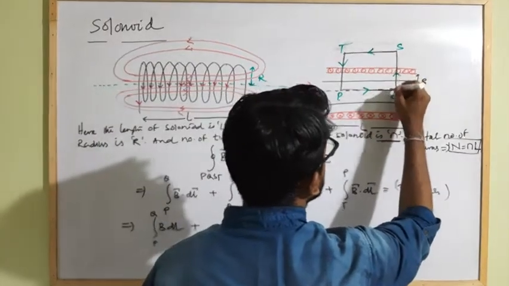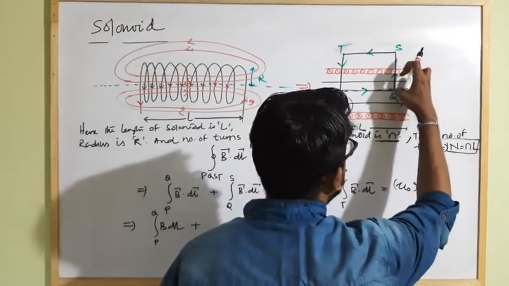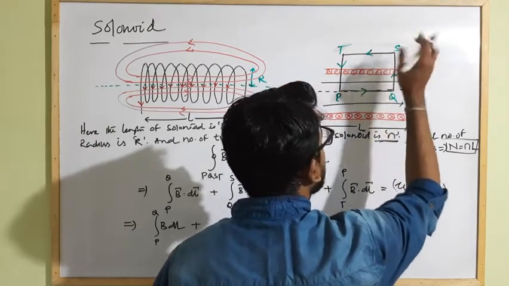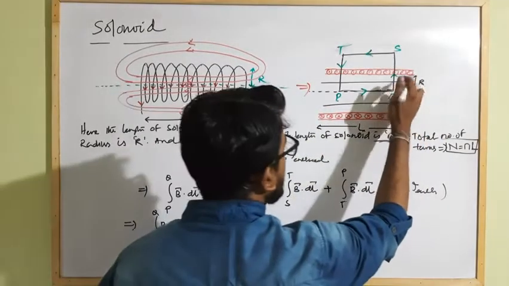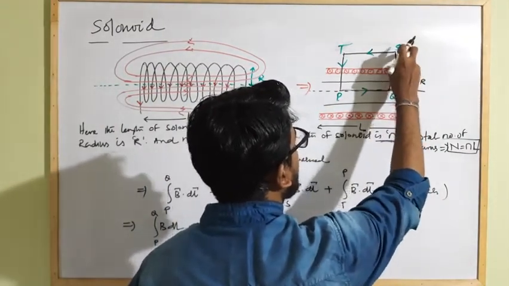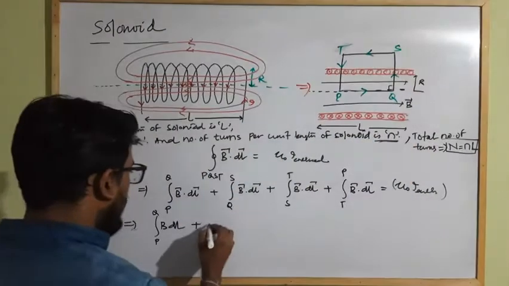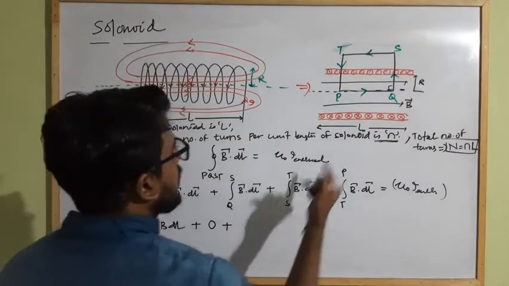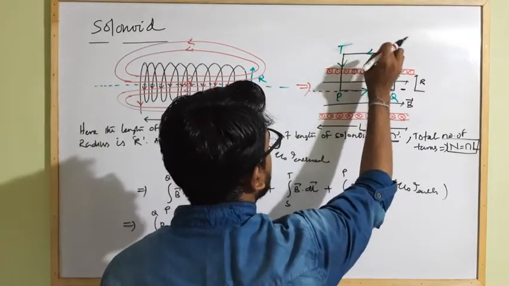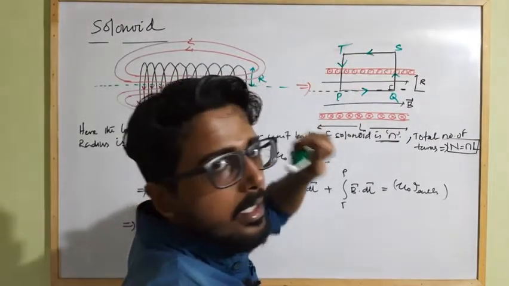From Q to S, this is the direction of the dl vector, and this is the direction of the B vector. The segment remains inside the solenoid, and for the part outside the solenoid, this is the direction of the dl vector, but outside B is 0. So here the angle is 90 degrees, so cos 90 will be 0, and as the magnetic field is 0, B dot dl will be 0. So for the complete segment from Q to S, the result will be 0. Plus similarly from S to T, the dl is along this direction, but here the magnetic field strength is 0, as outside an ideal solenoid the magnetic field is 0.